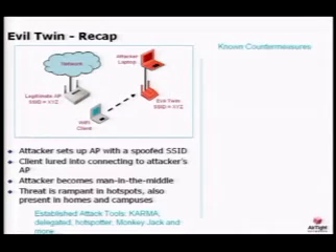Looking at the picture, we have a legitimate AP with XYZ as SSID, and we have another AP, represented in red, which is an Evil Twin of that AP with the same SSID. Now the Wi-Fi client, which is supposed to connect to the legitimate AP, is actually connecting to the Evil Twin AP, and through this the attacker can launch man-in-the-middle attacks on this particular client.